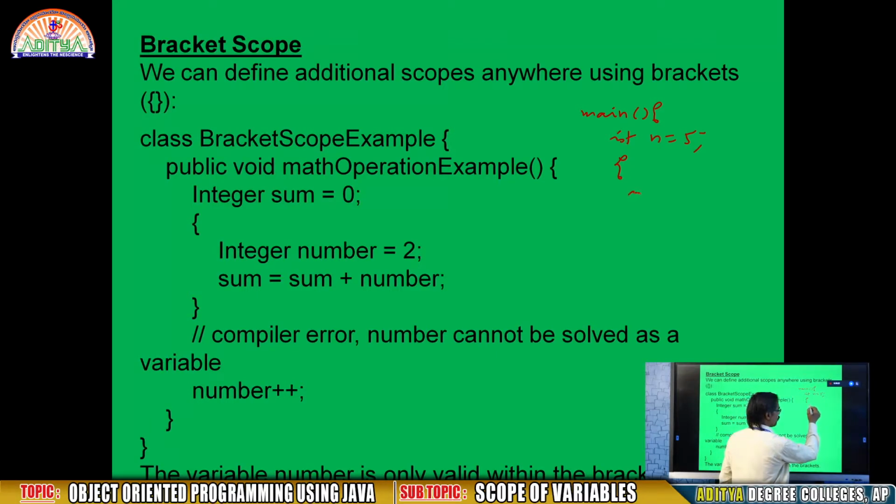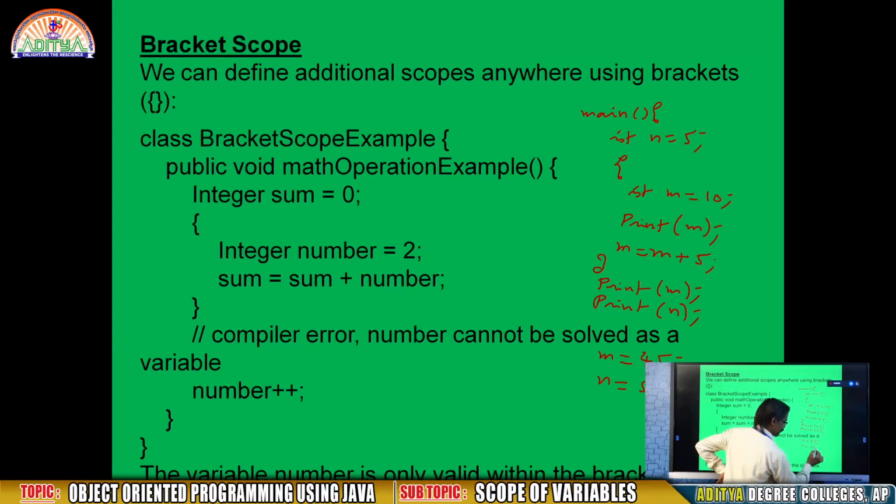Here, int m equal to 10, print m, m equal to m plus 5, bracket close, print m, print n, m equal to 45, n equal to 500.